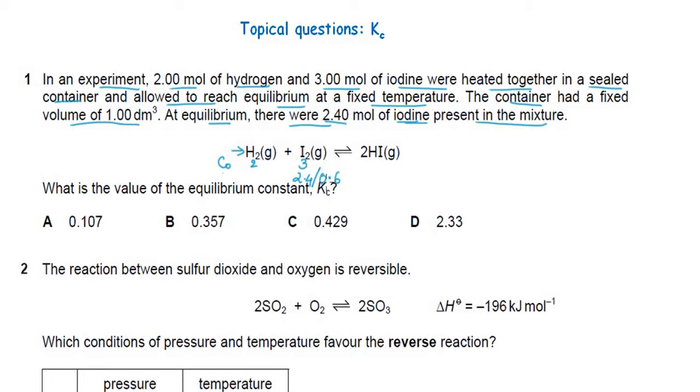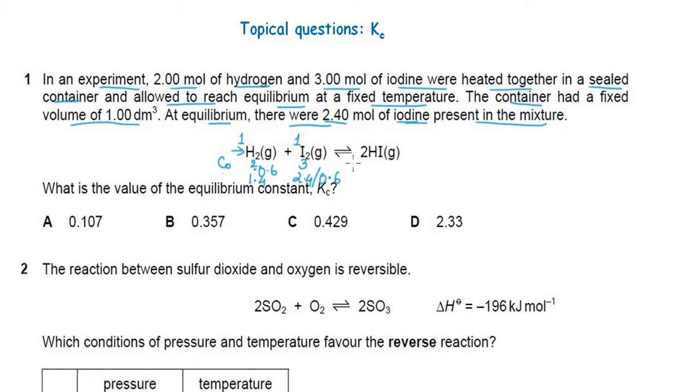Now in the equation, it is a 1:1 mole ratio of hydrogen and iodine. So the same moles of hydrogen had been used up. So we subtract 0.6 moles of hydrogen, and the leftover hydrogen will be